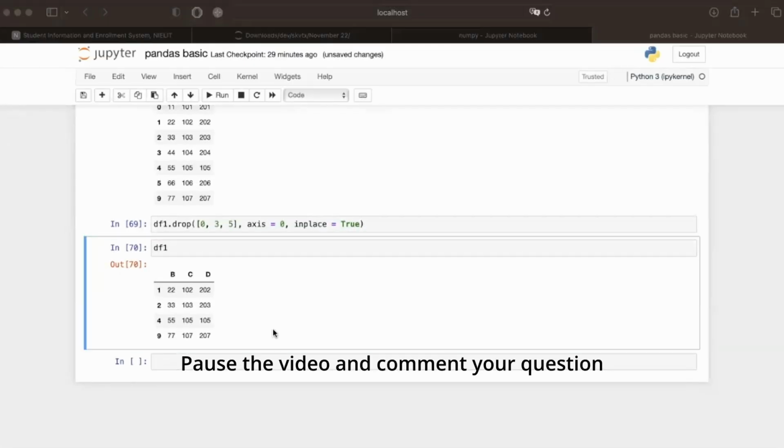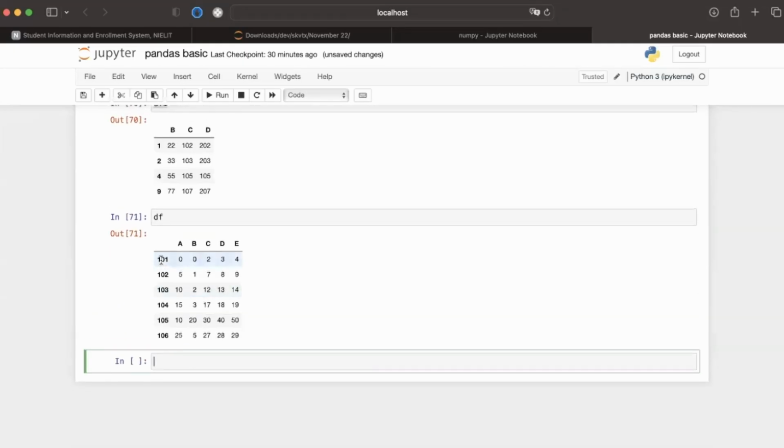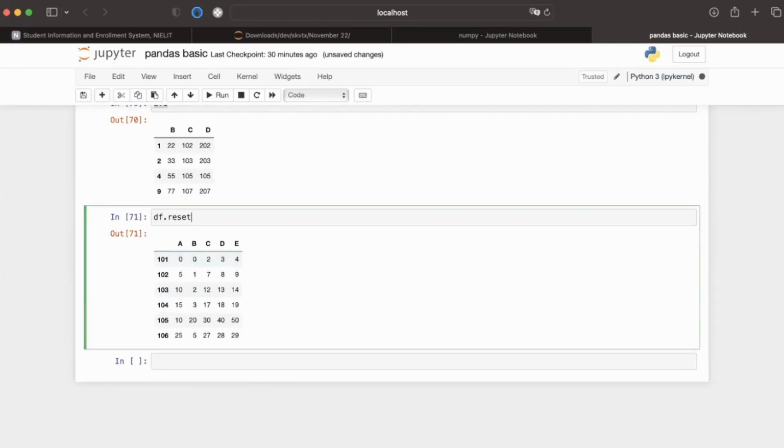Right? Any confusion? Anything that you do not understand in this case? You can also sort the whole data frame based on one column, or you can sort the whole data frame based on the index. So it's up to you the way you want to make it. Let's say you have deleted some rows or columns and the data set has become really fuzzy. If you want to make it look cleaner, you can simply reset the index. So let's say we have df itself, and if you want to make the index default, you can do df.reset_index. If you run this,